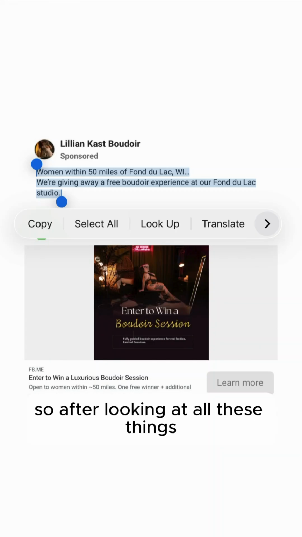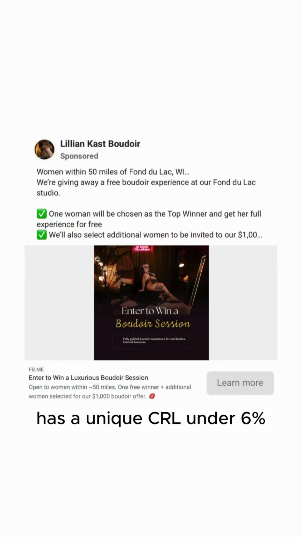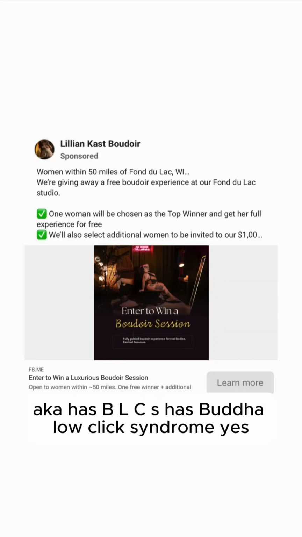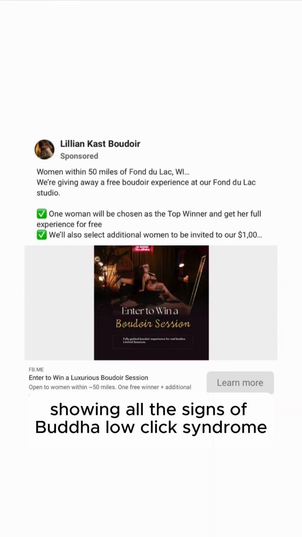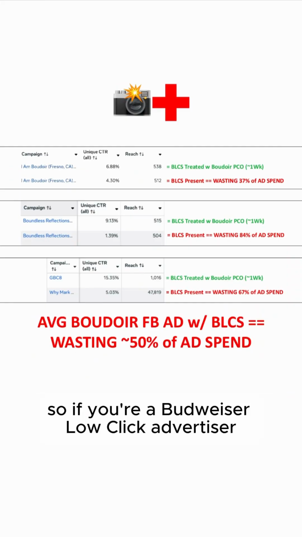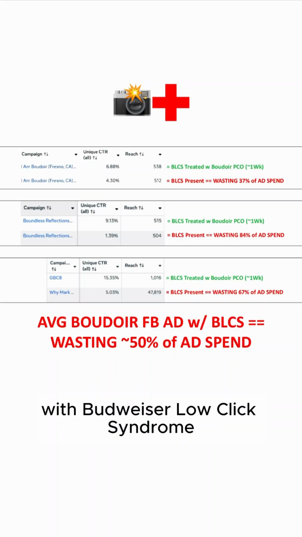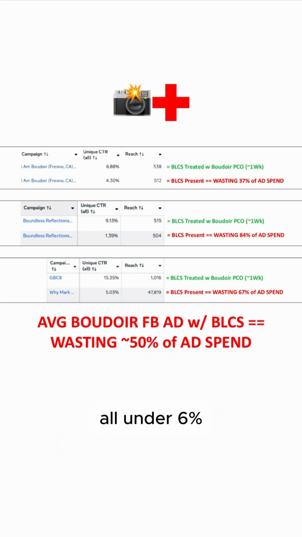So after looking at all these things, I believe this Boudoir Facebook ad has a unique CTR all under 6%, aka has BLCS, Boudoir low click syndrome. Yes, I do. I believe this, showing all the signs of Boudoir low click syndrome. So if you're a BLCA with BLCS, a Boudoir low click advertiser with Boudoir low click syndrome, aka your Boudoir Facebook ads have a unique CTR all under 6%,